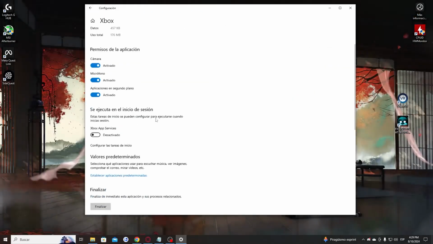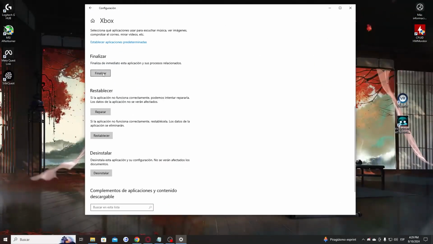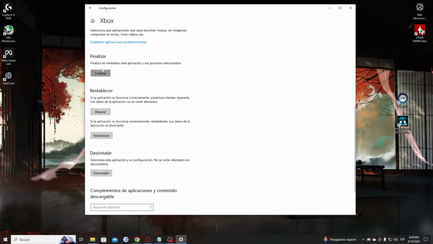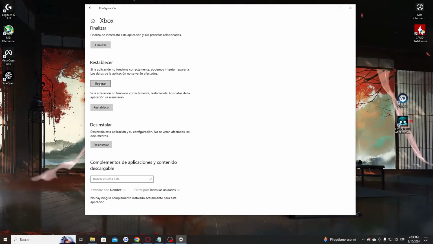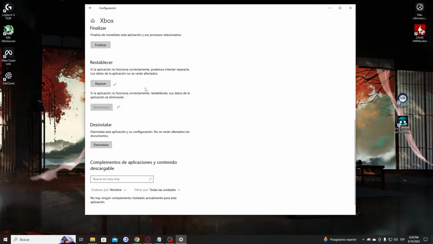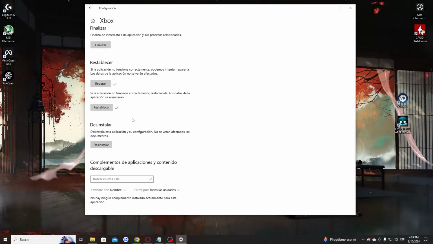you press advanced settings you have to scroll down, find the option end task, then press repair and wait a few seconds till it repairs. Okay, so once it's repaired, you have to press the second option just below repair. Okay, so if this doesn't work, you have to uninstall the Xbox app and get it again from the Microsoft